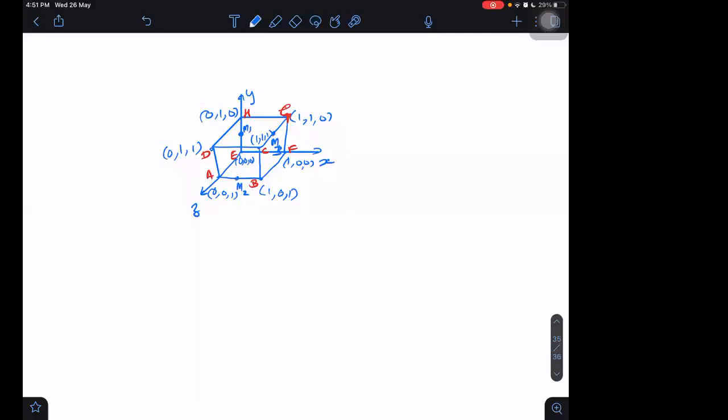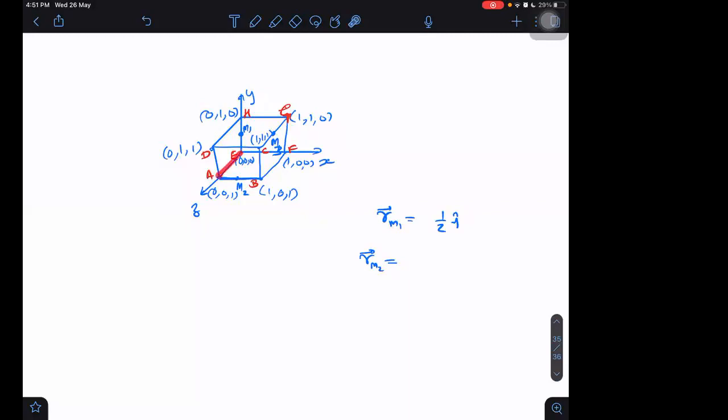So what are the coordinates of midpoint M1? This HE side. That coordinate will be 1/2 j cap. Do you agree with this? Yes, sir. What is the position vector of M2? Can you find the position of this M2 here? It is the midpoint of this line AB. So you decide what distance it is from the origin.